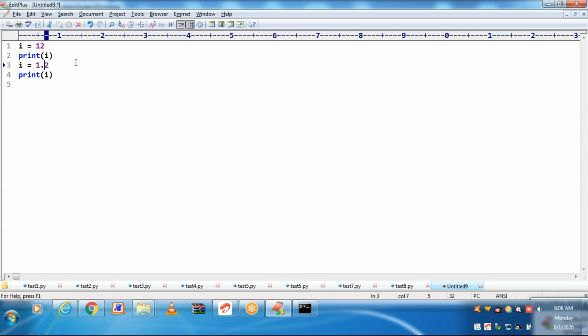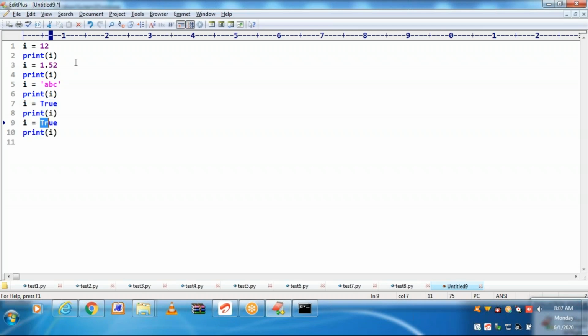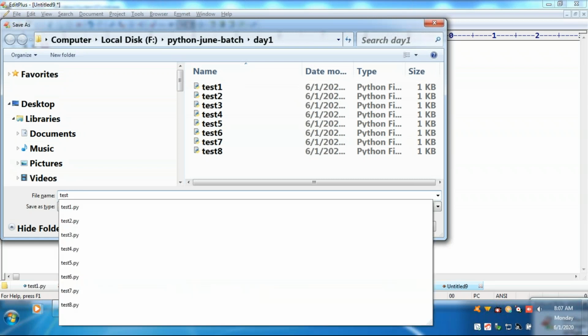Let's go for 1.52. Again both the lines I'm selecting. Control J. ABC. Select both the lines. Control J. Again select both the lines. Go back to the int value. Let us see whether this is allowed or not. Test9.py.